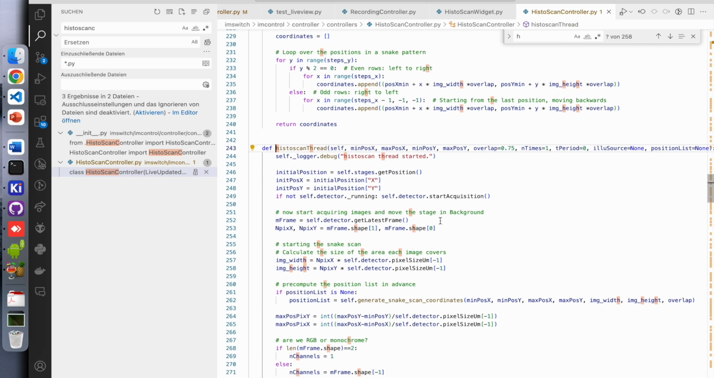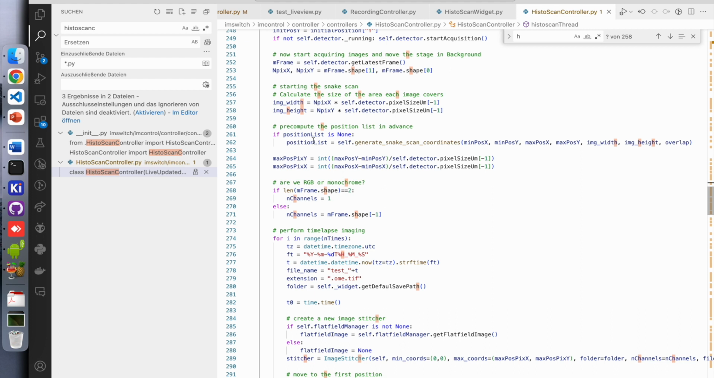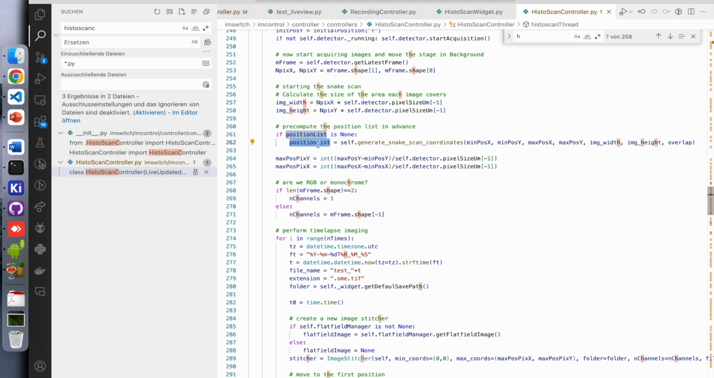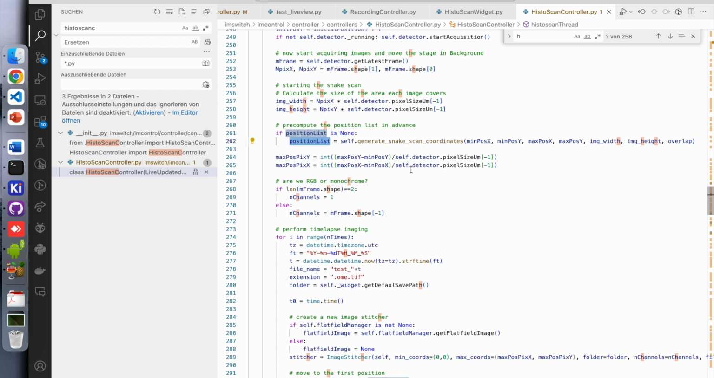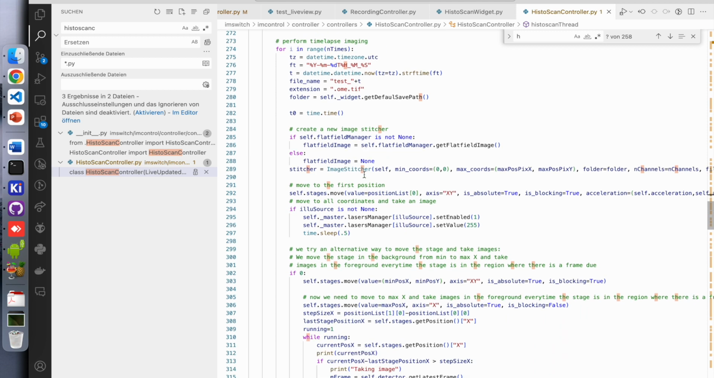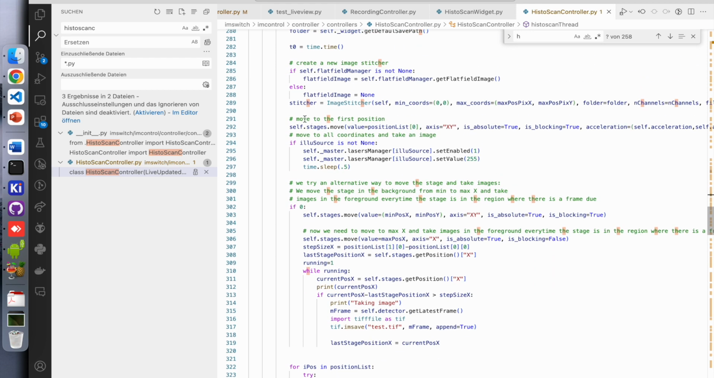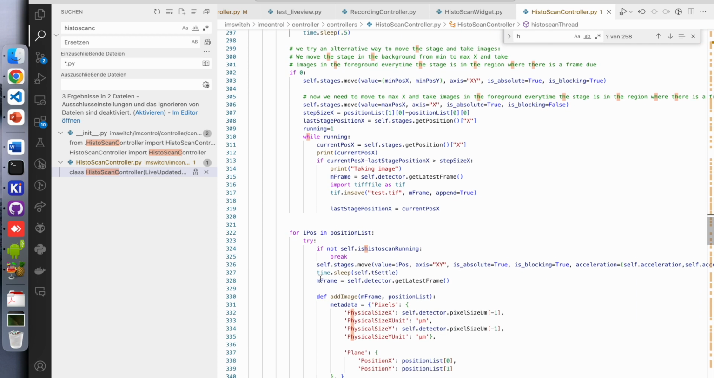So HistoScan thread. And this has a list of positions which is either provided or generated, so that you say, okay, I want to have this area of, say, minus max position and so, and then it creates this snake-like pattern so that you effectively scan the whole area. And then it moves the stage, it takes images, and then it